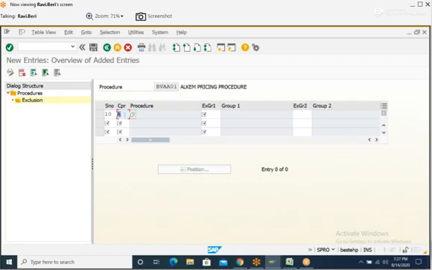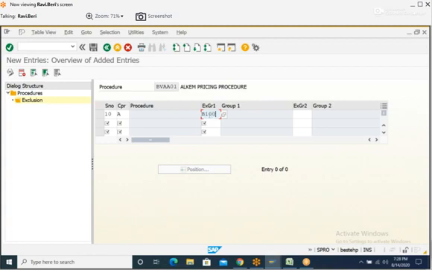Make it a note. Condition exclusion procedure controls whether to propose the best condition or the least condition.